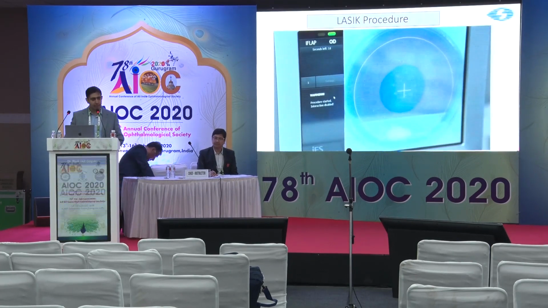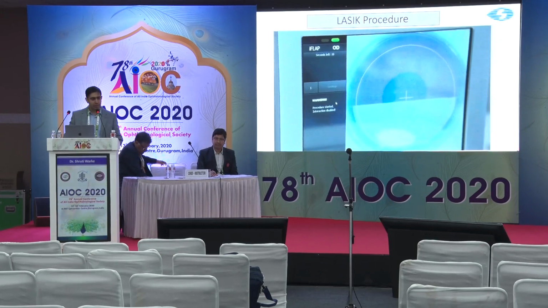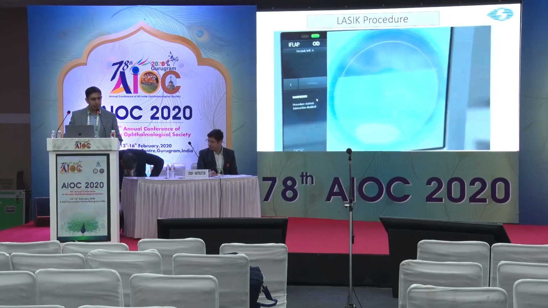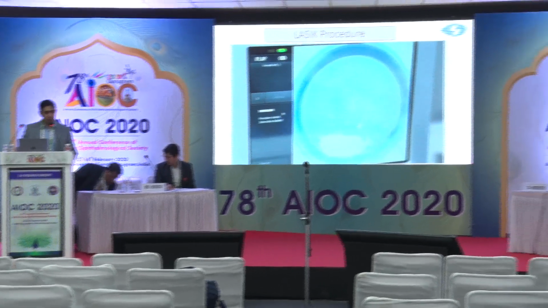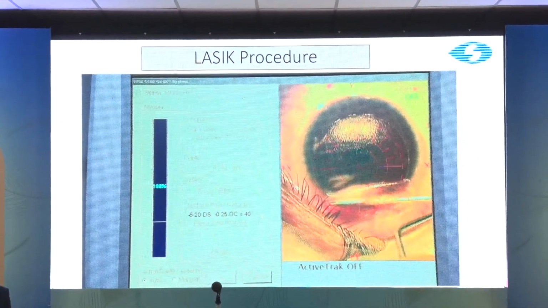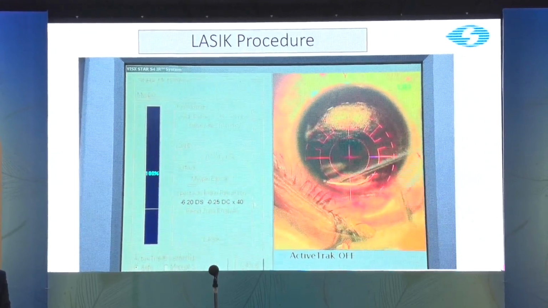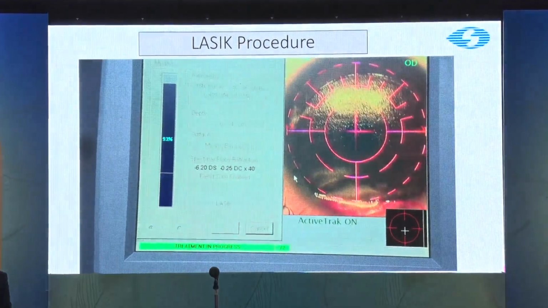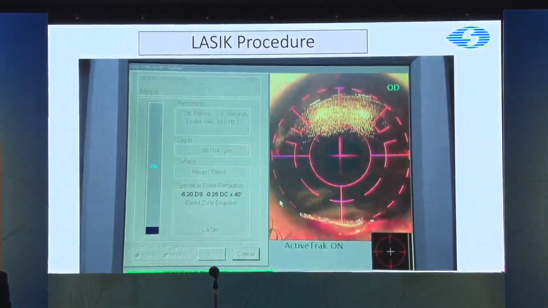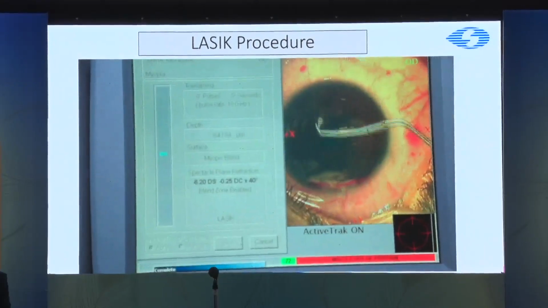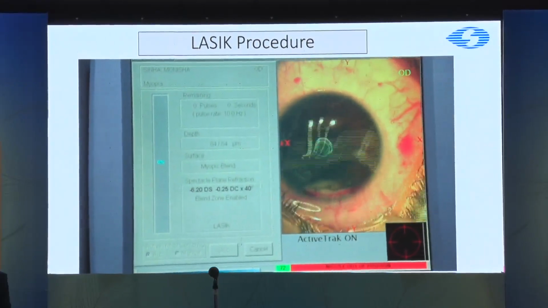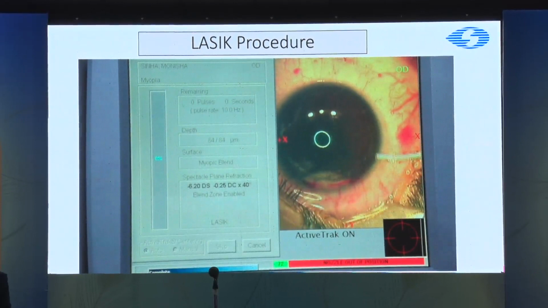I have access currently to the IntraLase device, the IntraLase 150. This is the typical femto. I'll come to the mechanics of the flap. But following the femto part, the excimer is performed the normal way. What you have to be aware of in a femto flap is that it's a little more sticky than the microkeratome flap, so lifting it is a little bit more challenging.